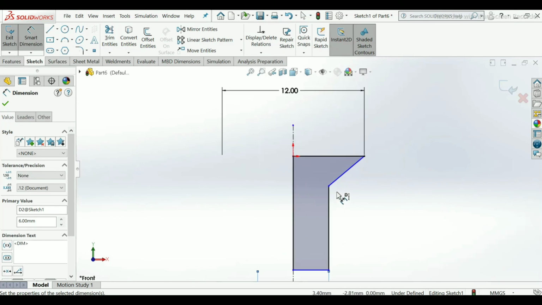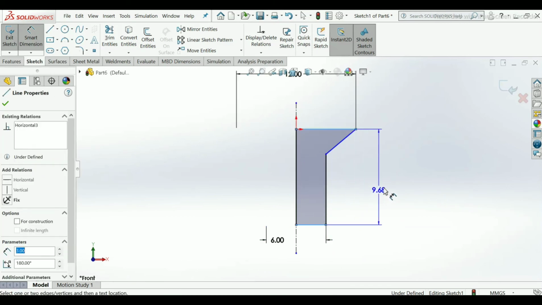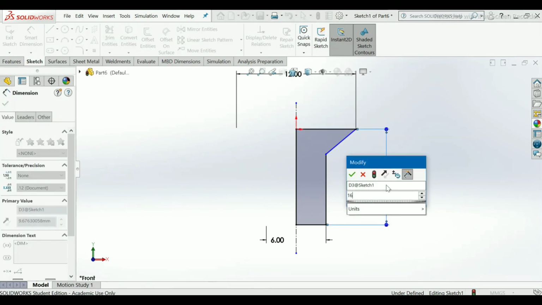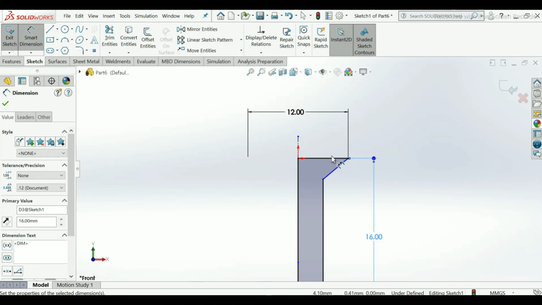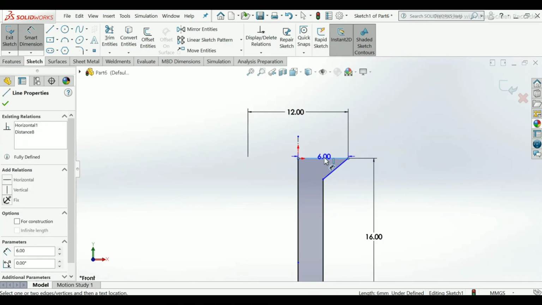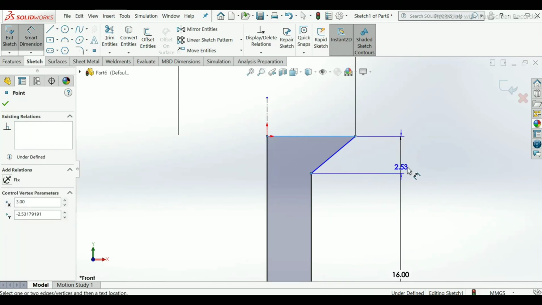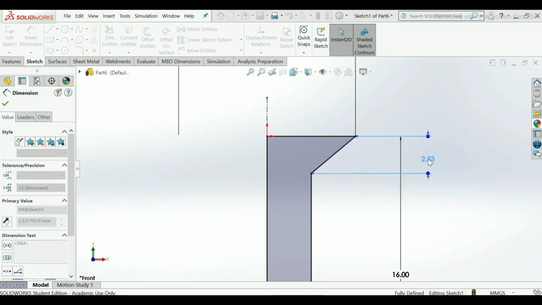Now the height will be, take this line and this end line, make it 16 mm. This height will be, take this line and select this point, take 3 mm.